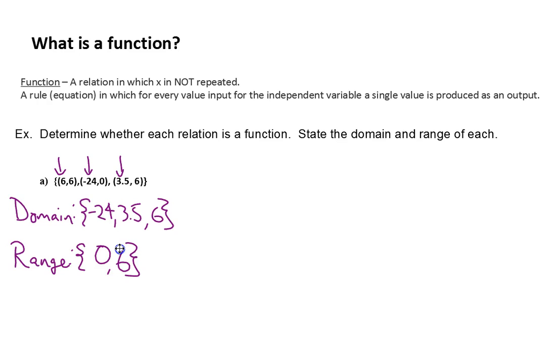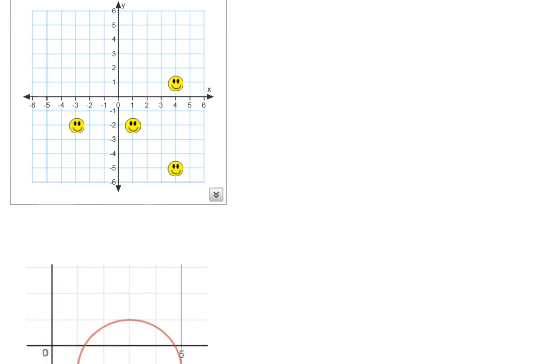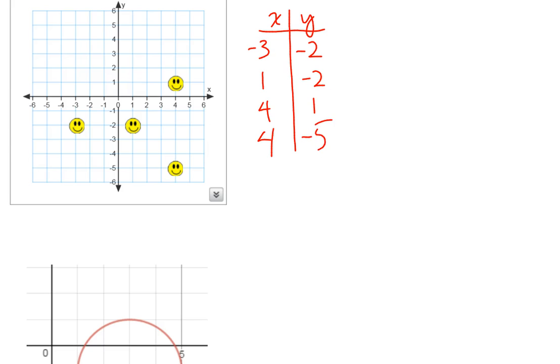Let's take a look at another example. Again, let's look at some points, right? In this case, I'm going to go ahead and make an xy table just to see if my x's repeat. The first point right here is (-3, -2). The second point would be (1, -2). And for the next one, I've got two points above each other, so (4, 1) and (4, -5). Okay? As you can see, the x's